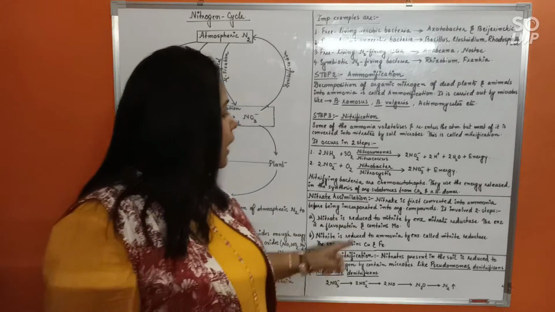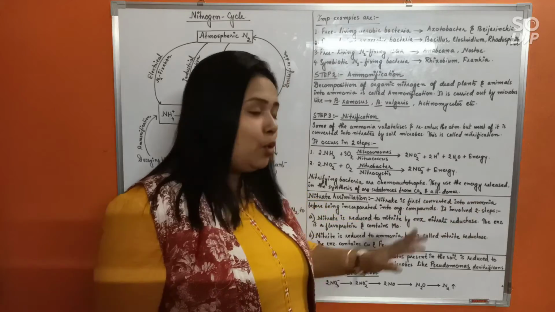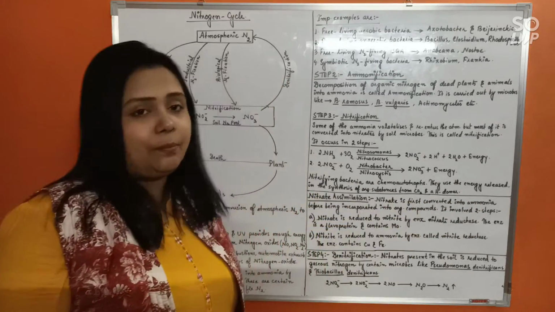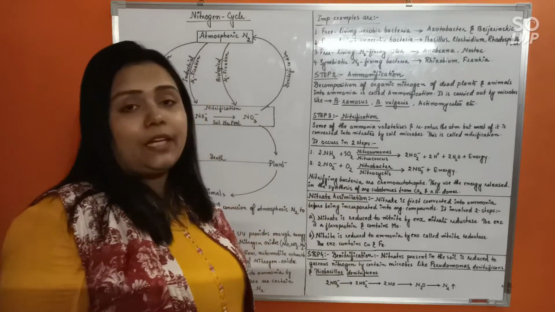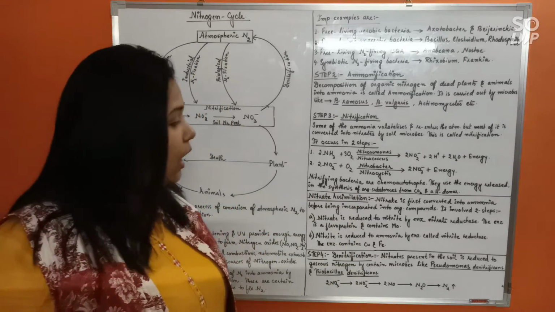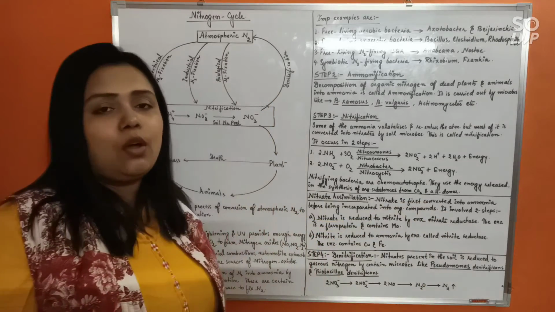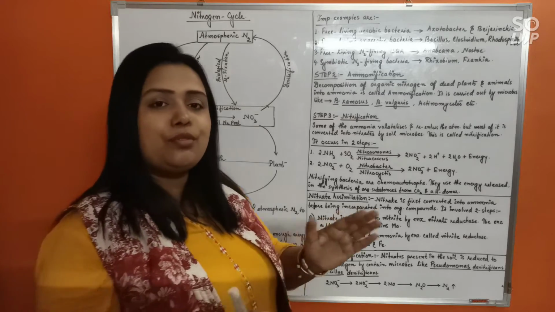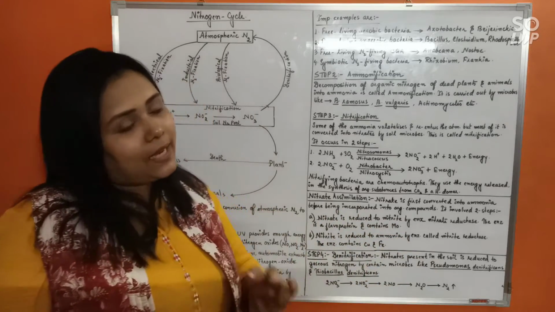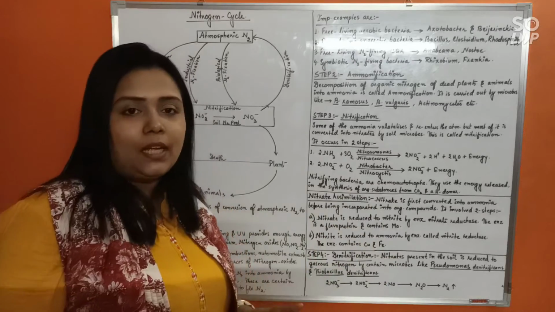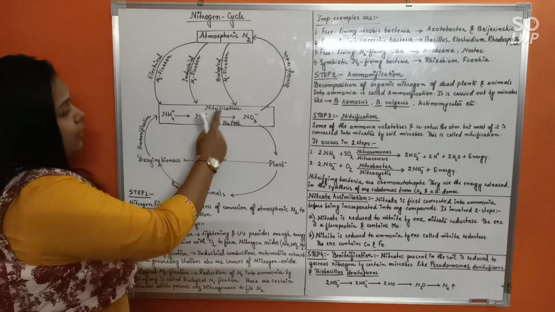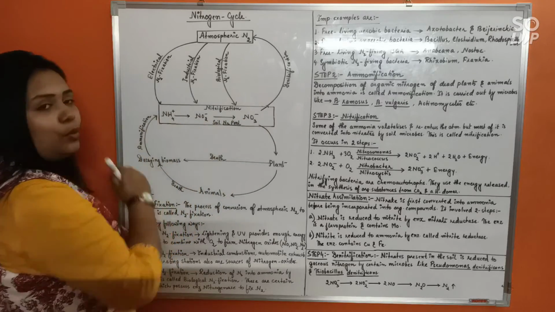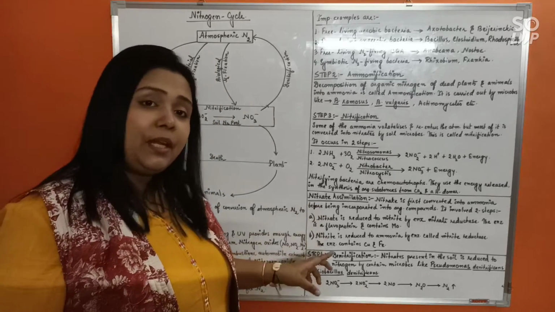Okay, see here, nitrate is first converted into ammonia before being incorporated into organic compounds inside the plant body. And this is called nitrate assimilation, and it occurs in two steps. First step, nitrate will be reduced to nitrite, and then second step, nitrite to ammonia. Just like ammonia to nitrite, nitrite to nitrate, now the reverse will happen. Nitrate to nitrite, nitrite to ammonia. Is that clear? Now where is this happening?